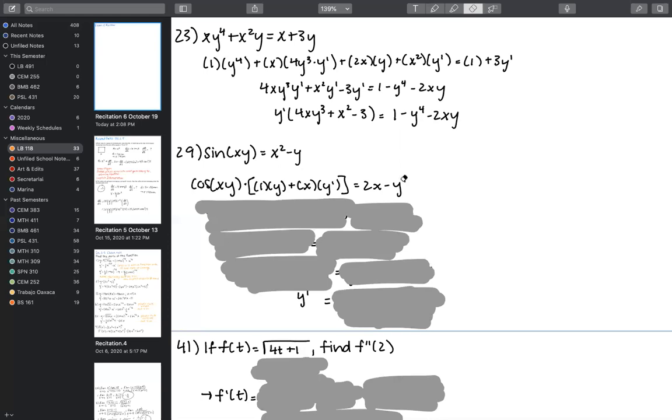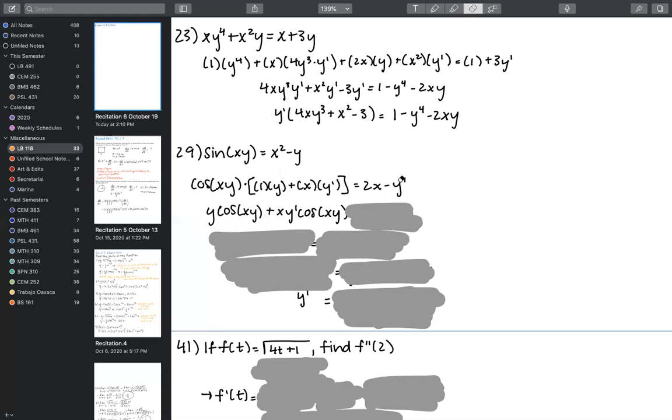From there, same as we did with the problem before, we isolate all of the terms containing y prime to the left side of the equal sign. Again, you could do it on the right-hand side, but this is standard convention and what people seem most comfortable with. Well, actually, I misspoke. This problem is a little unique in that you won't be able to isolate the y prime term unless you FOIL this out and distribute the cosine of xy. Otherwise, your option is to divide by cosine of xy on both sides, but then you end up with this free y prime term because it's no longer being multiplied by cosine of xy.